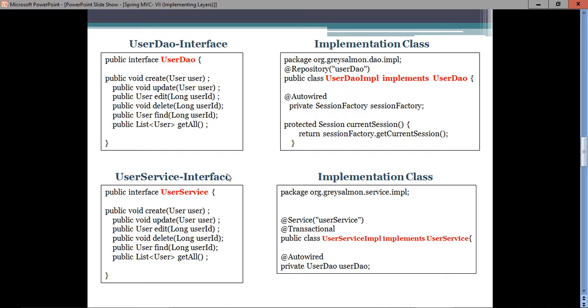Same we will do with the service layer. First we will create one interface in the service layer, and then in the .impl package we will provide the implementation of this interface, and both interfaces will contain the same methods. Why will they contain the same methods? Like if methods 1, 2, 3, 4, 5, 6 are there in the user DAO interface, then the user service interface will only contain those 6 methods. If we want to add a method in this user service interface, then we first have to add that method into the user DAO interface, because